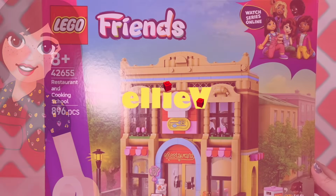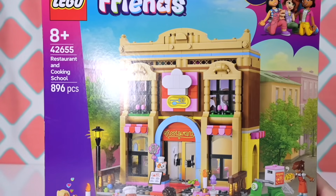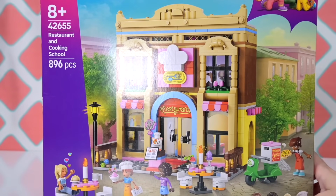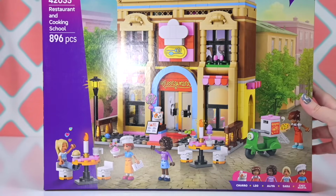Safely build something? I mean, that's a rhetorical question. Of course we should. I love building. So this is the Lego Friends restaurant and cooking school. This set, I have been looking for this everywhere. I've been waiting to try and find it at retail